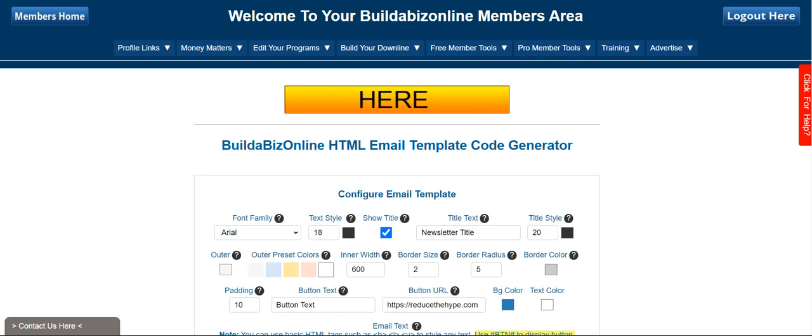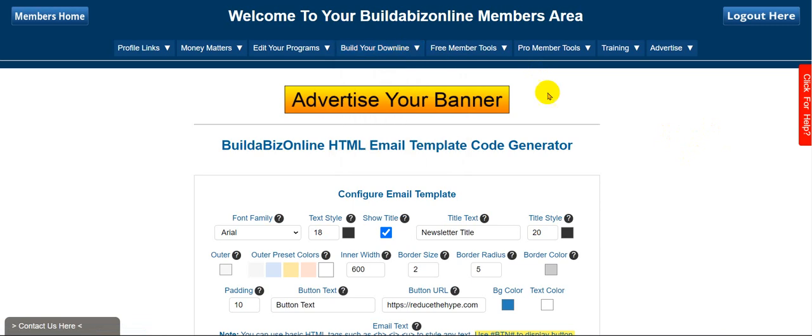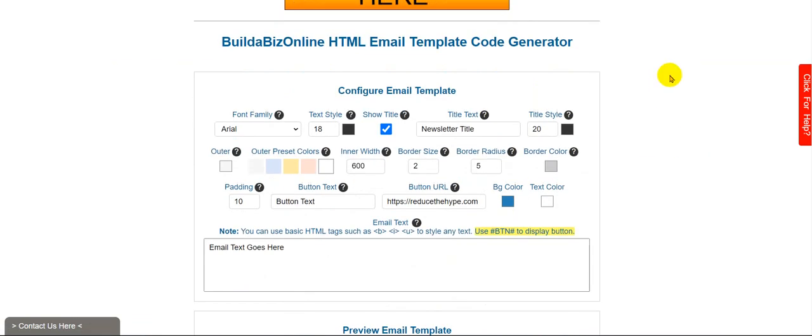looking emails, more professional. Now hats off to everybody that has been doing as I've asked and clicking on this link here and then emailing their downline. Now on this button you can see your downline there. If you've got a downline, you can email them from your members area by clicking on this particular link. Okay, but some of those emails that have been sent out are quite flat. They're all just flat lines. Okay, so we need to make it a little bit more professional, and this tool will help you